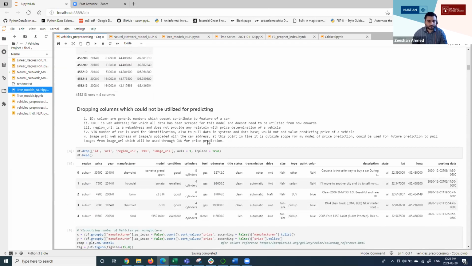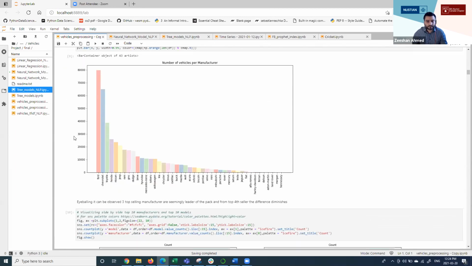So what I did was I dropped columns which would not be utilized at the end, like ID, URL, region URL, which is literally an ID, and image URL. And this is my first